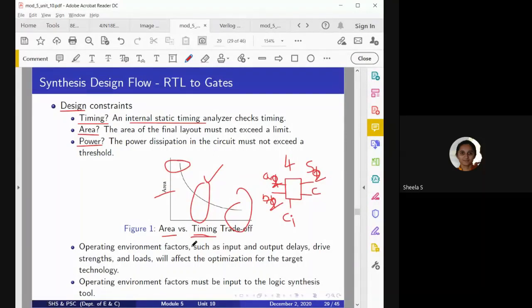So by considering all these factors, this data should be given as an input to the logic synthesis tool to generate the optimized circuit which is suitable for the given environment. Not only does it have to consider the given environment, it also has to consider the corresponding design constraints specified in the technology library.